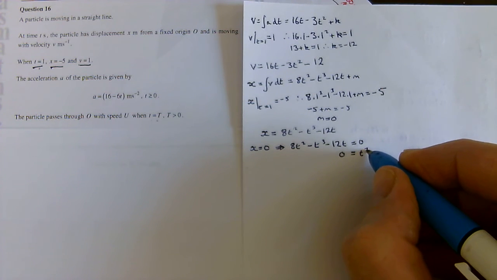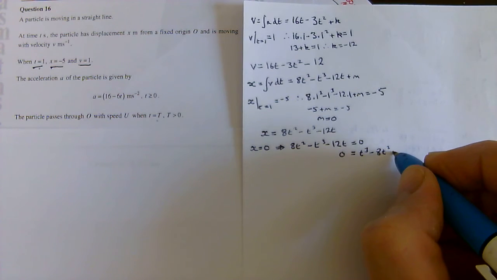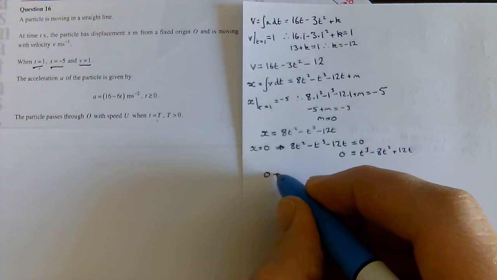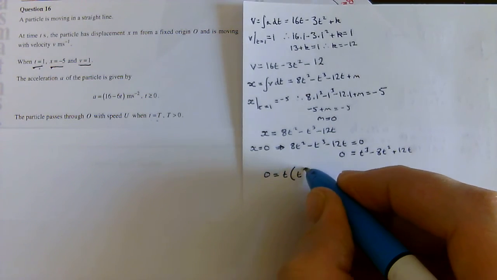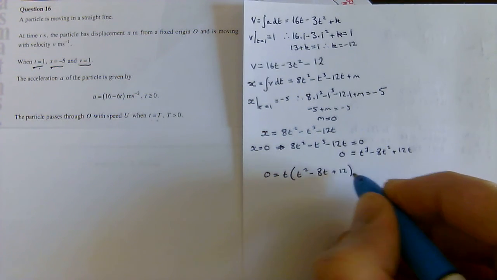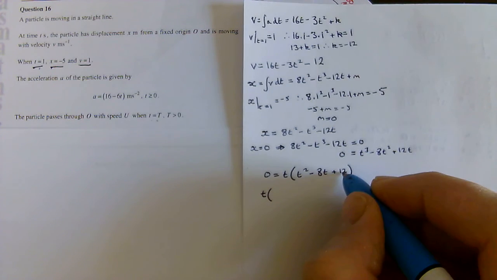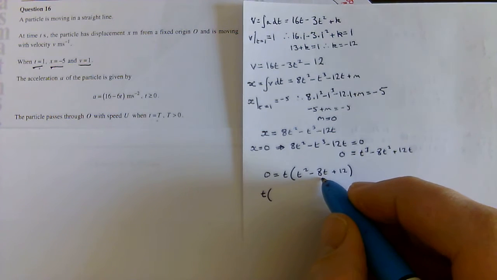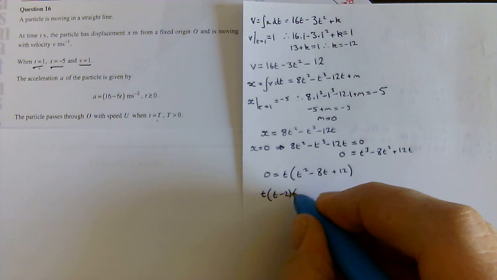and I've got t cubed minus 8t squared plus 12t equals 0. I can now factorise that. I can say 0 equals t lots of t squared minus 8t plus 12, and then I'm looking for two numbers which multiply together to give 12 and add together to give minus 8, should be minus 2 and minus 6. It's t lots of t minus 2, t minus 6